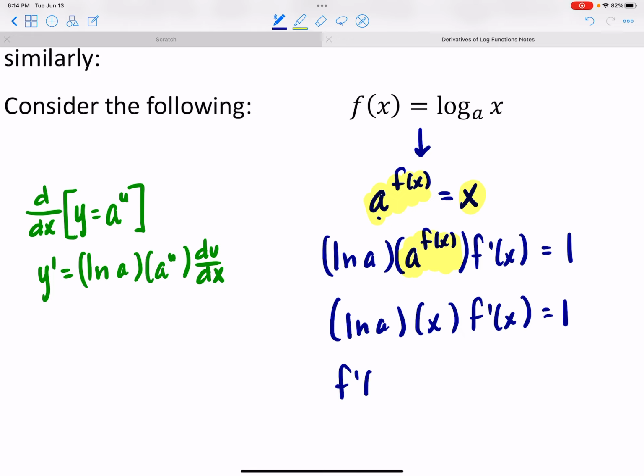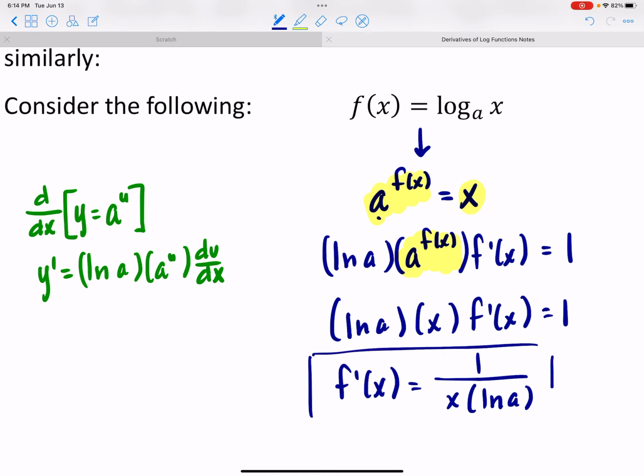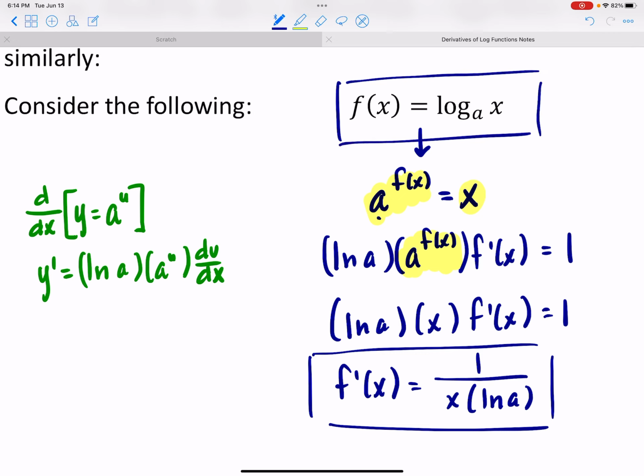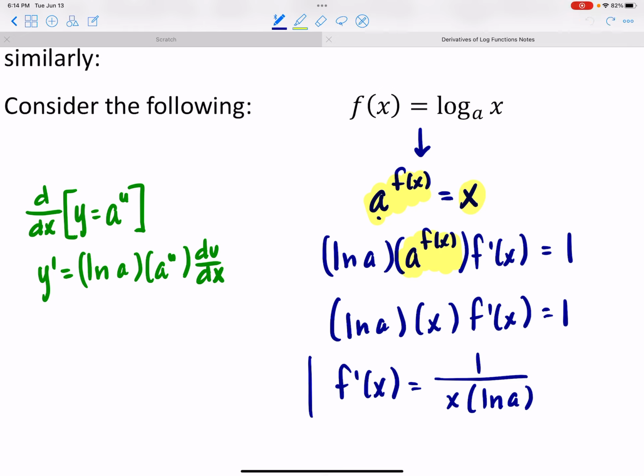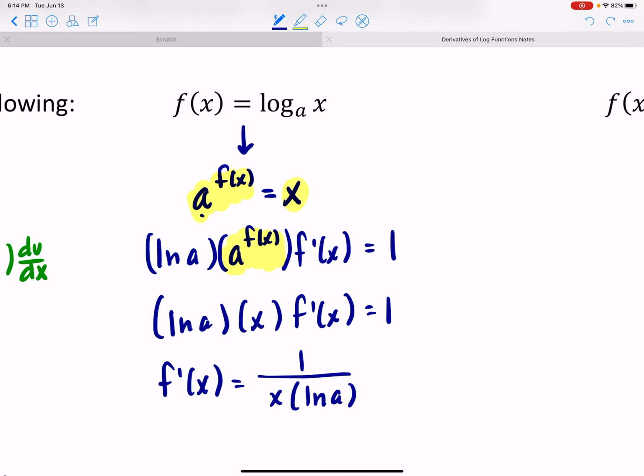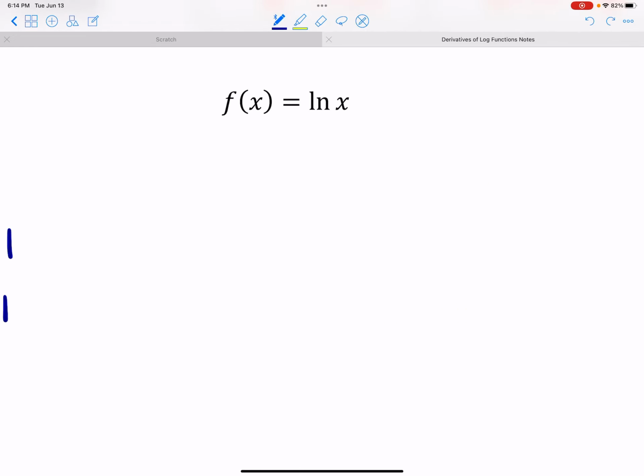So that means f prime of x, the derivative of f of x, is going to be 1 divided by the product of x and the natural log of a. And that is in fact the derivative for a log function. If f of x is the log base a of x, f prime of x is 1 over x times the natural log of a every single time. Okay? And we'll write that down again in a second,